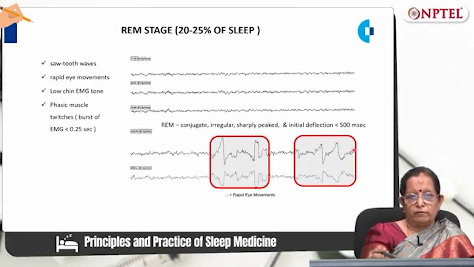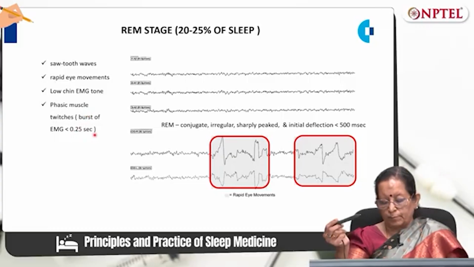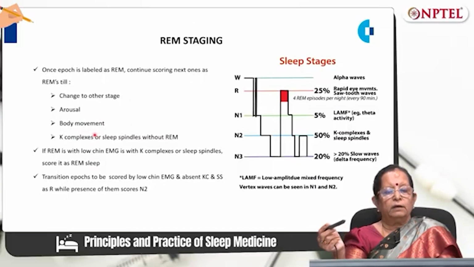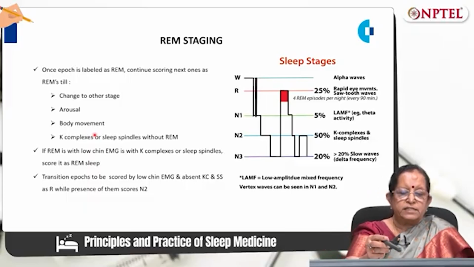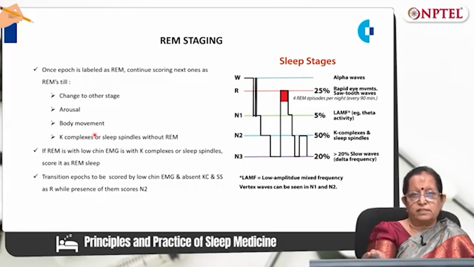Then muscle tone will be very low, so the chin EMG will show low chin EMG tone. Then there may be some bursts of activity, phasic muscle twitches, of less than 0.25 seconds. Then REM staging, we continue the REM staging. Once an epoch is labeled as REM, you should continue scoring the next one as REM until there is a change to another stage, maybe it goes to N1, N2 or N3, or there is an arousal, or there is a body movement,